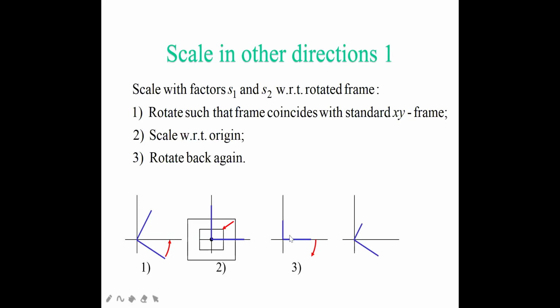So next I have to set it, and then rotate it back again. So here, what are the things I have done? First, the question is that I have to scale with factors s1 and s2. I have to scale down, so whatever is there, I have to make it small. If I want to make it small, I cannot do it directly. First I have to bring it to the proper origin, that you have to remember. How will I do it? Here I don't need to translate, because the point is already on the origin. So what I have to do is just rotate it.